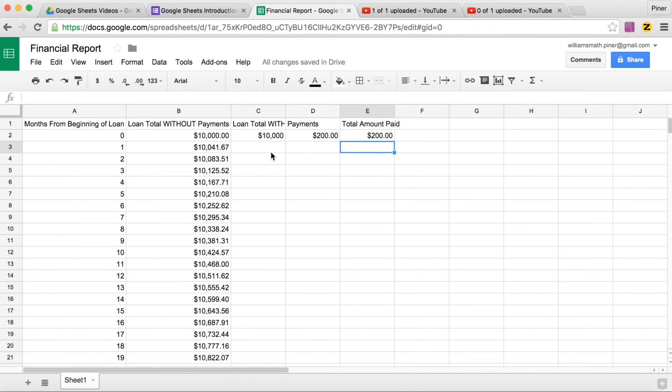Okay. Now let's see what happens after the first month. Well, let's see. In this column, I want to get my new total. Well, my new total is this, my old total. So I'm going to go in here and write a formula. So I'm going to use equals to change the formula. And I'm going to say this cell will equal C2